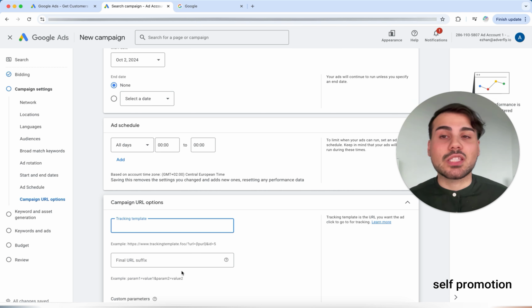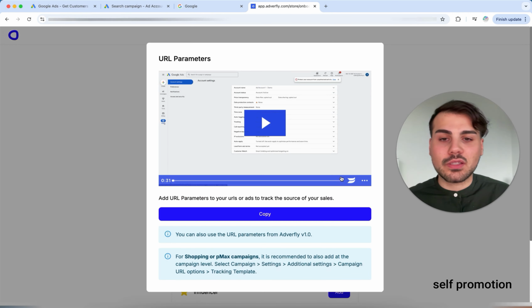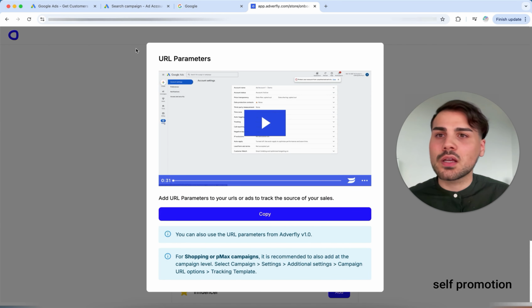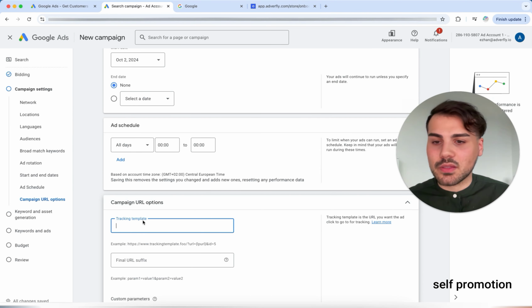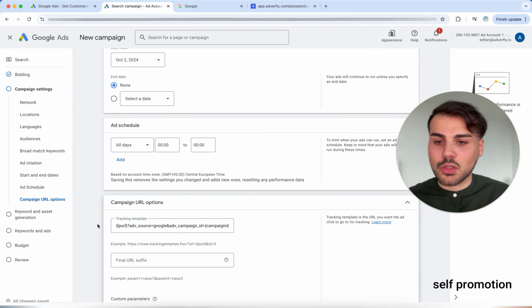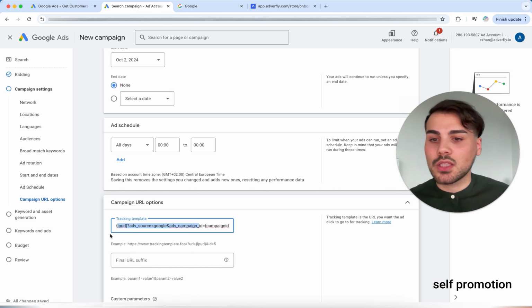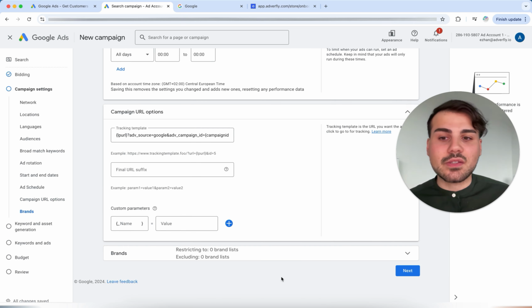Then I will place the parameters here, which we will now do together. For this, I can then copy the parameters for Google here in Adverfly by simply clicking here, copying, and then I can place it here, which we will do briefly. Place it like this exactly. Now we can measure and optimize everything later in the Adverfly dashboard, so that we can then make the right optimizations for testing in order to be able to scale properly. And exactly those were the most important things on this page.